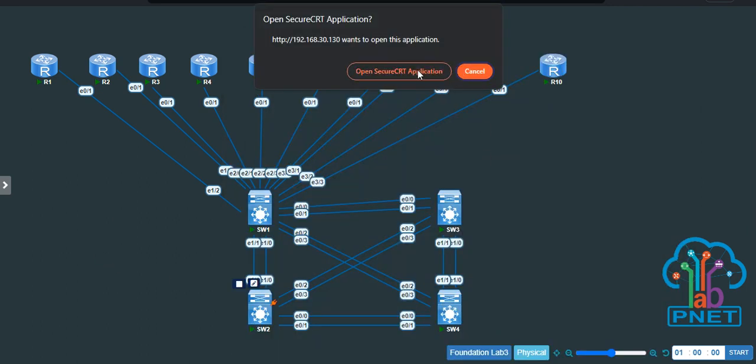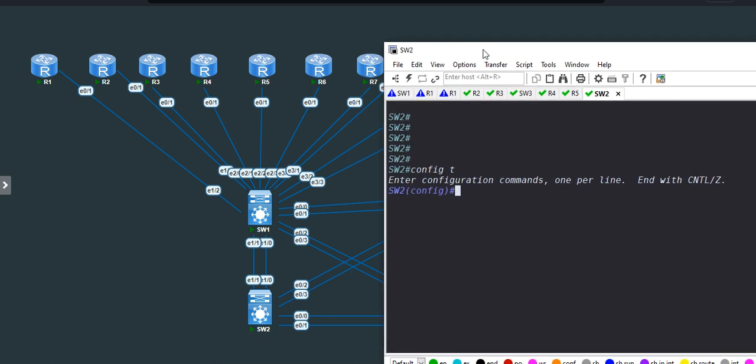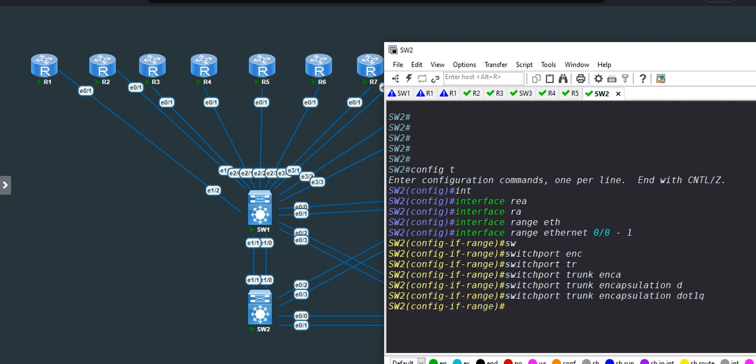Config T, interface range Ethernet 0/0 and 1, switchport, switchport trunk encapsulation dot1q and switchport mode trunk,